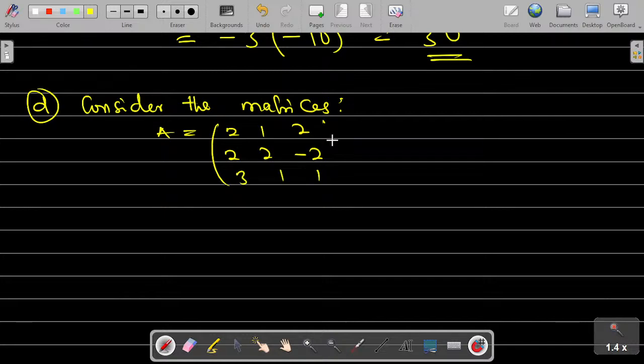Okay, and then we are given X to be equal to X1, X2, and X3. And we are asked to show that AX, the equation,